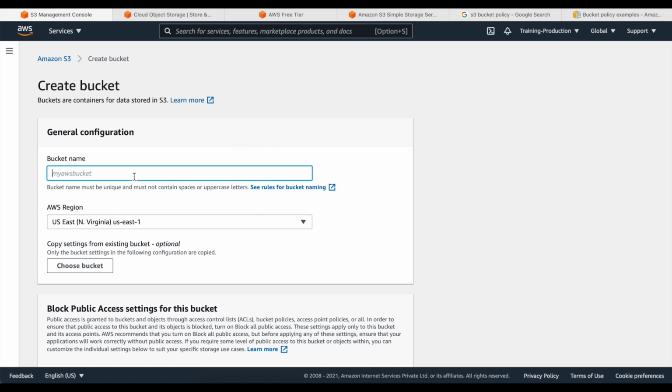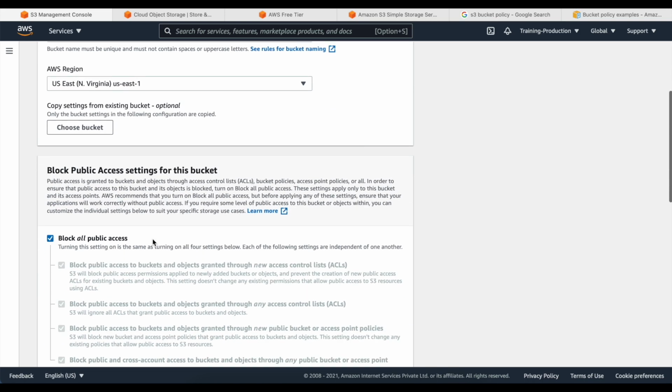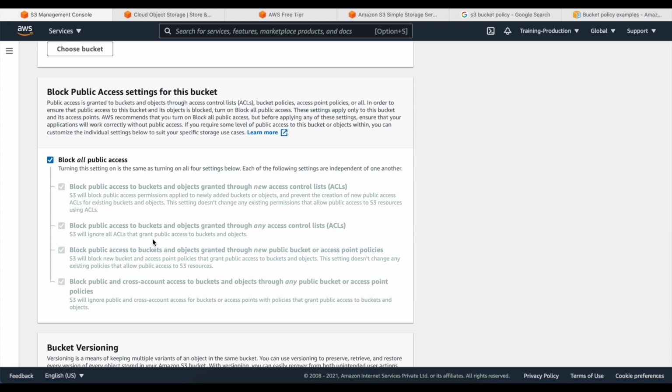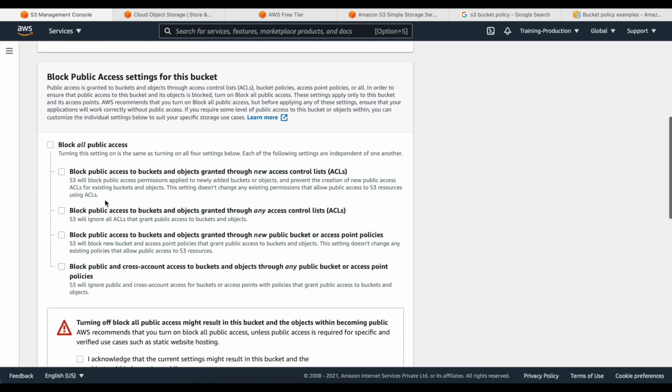Now if you have a domain name registered, then you can enter that over here, or you can write down something else like my AWS bucket or my first bucket. I have registered a domain and I will enter that. The region that I will select is US East, Northern Virginia. Now, since this is our website and we want to make it public such that anyone from the internet can access our website, we will uncheck block all public access.